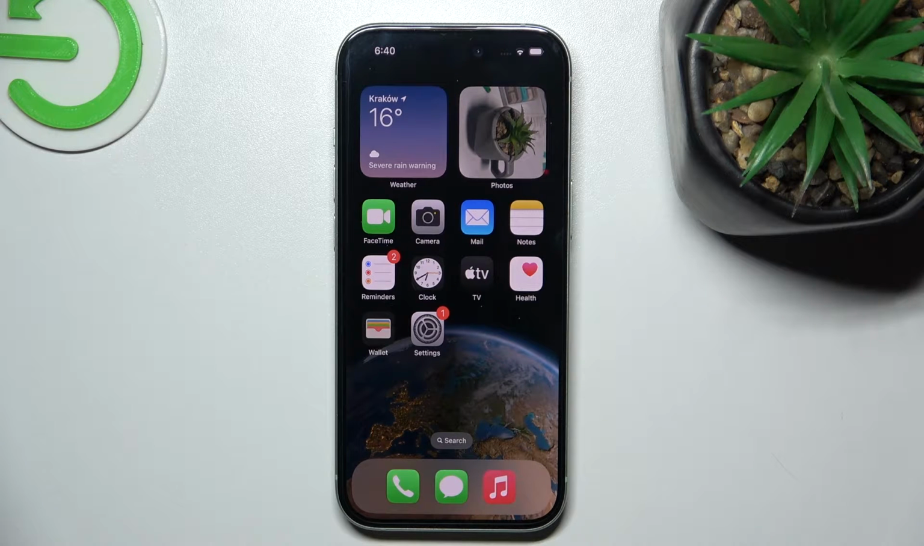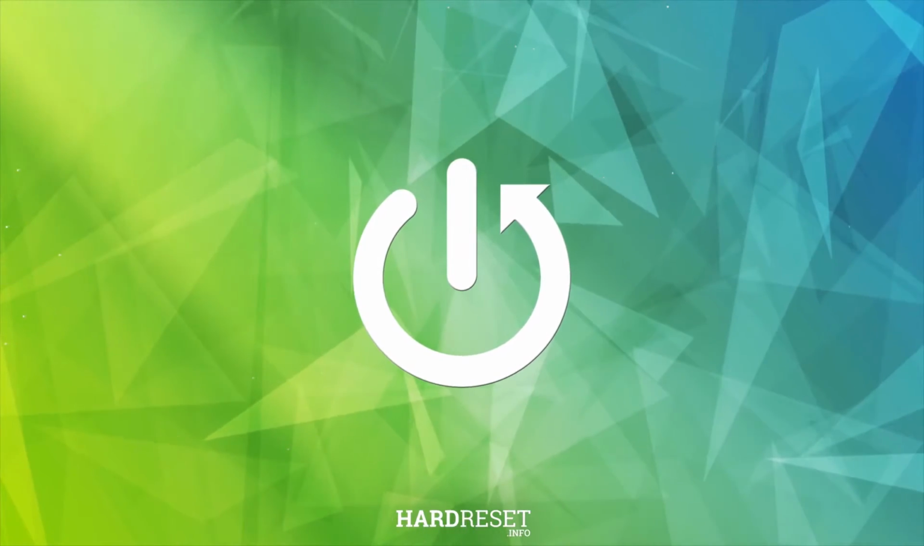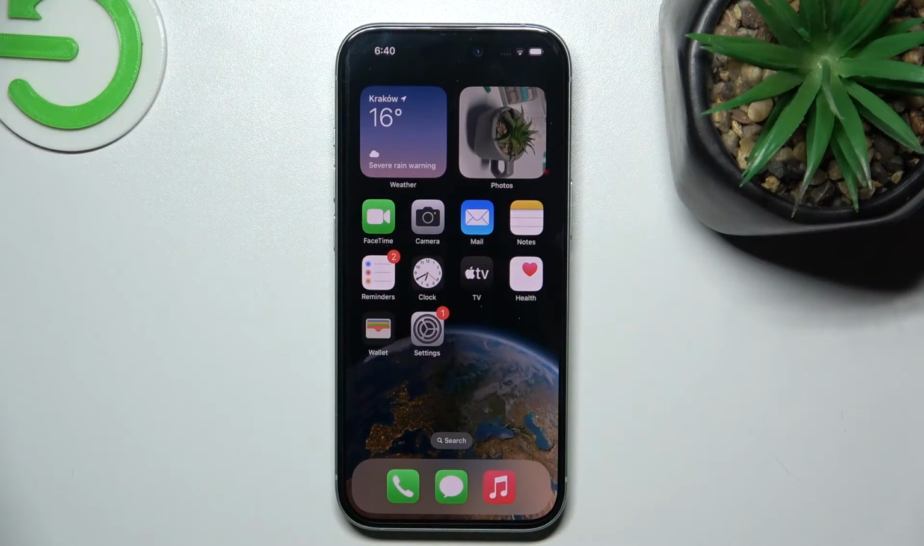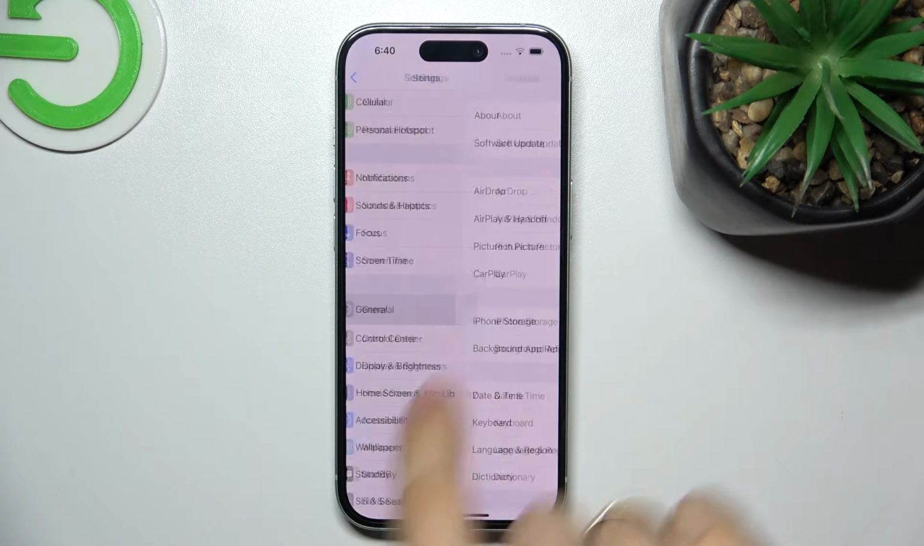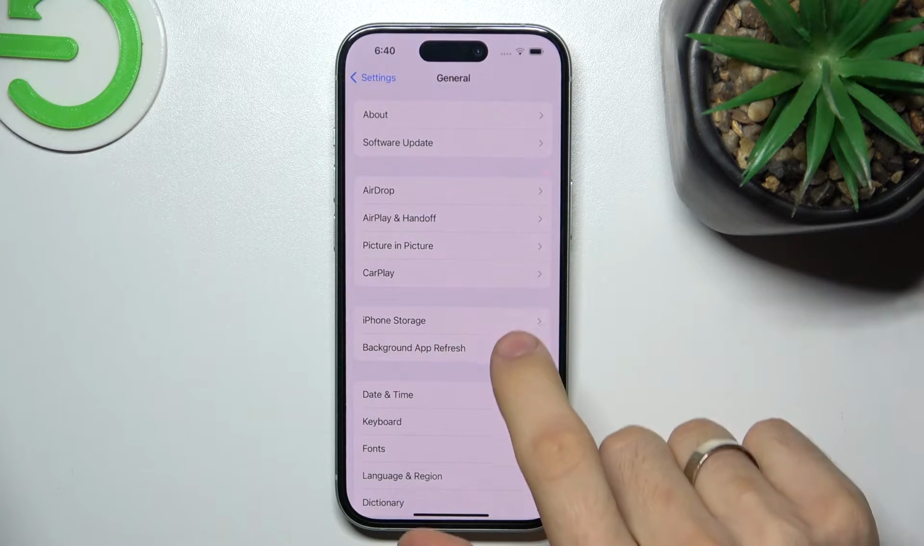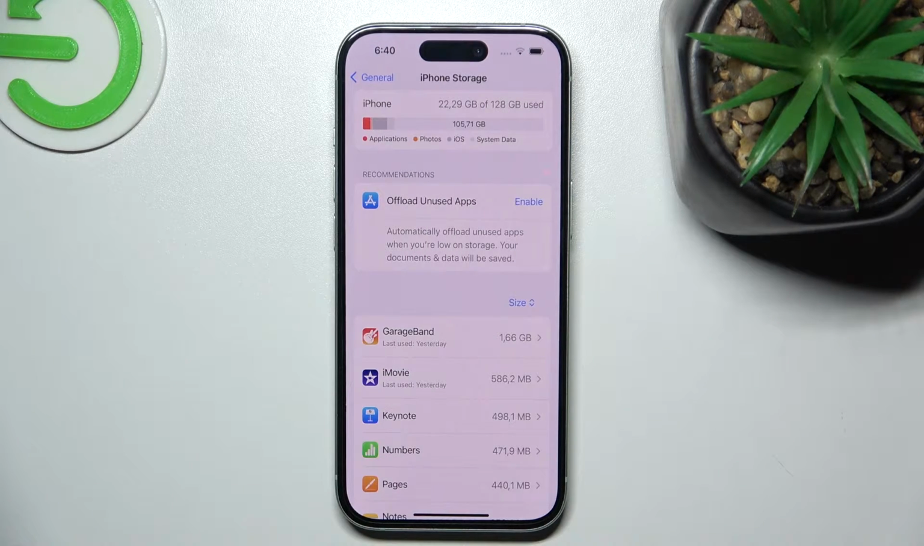In front of me, iPhone 15, and now I can show you how to make this device faster. So firstly, you need to open the settings and just check how much space you have used. Only open the iPhone storage, and as you can see, I have used only 22 gigabytes of 128, so it's